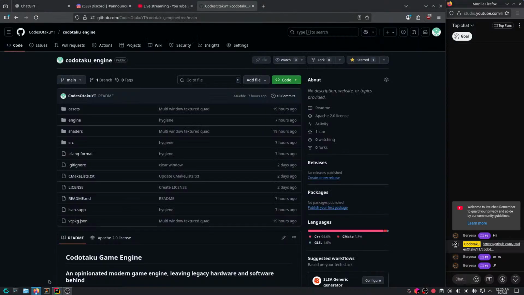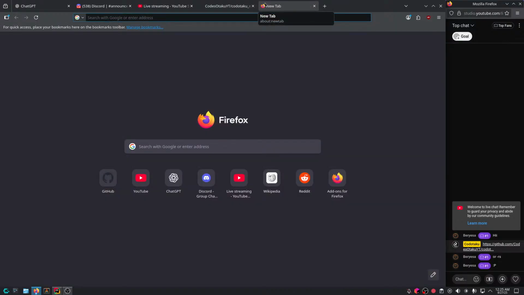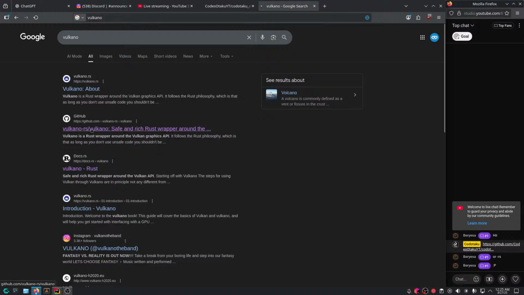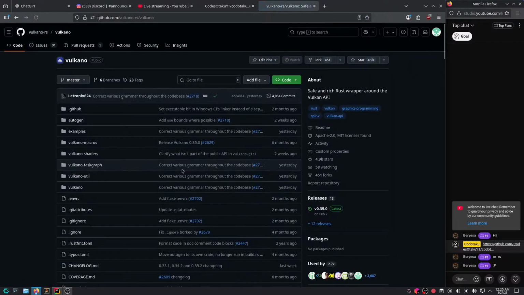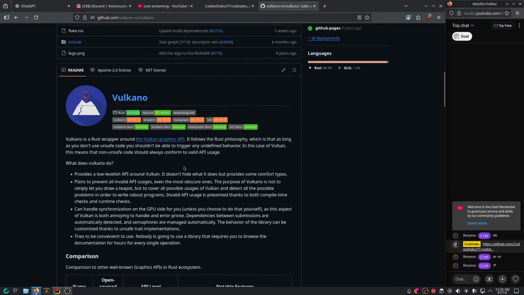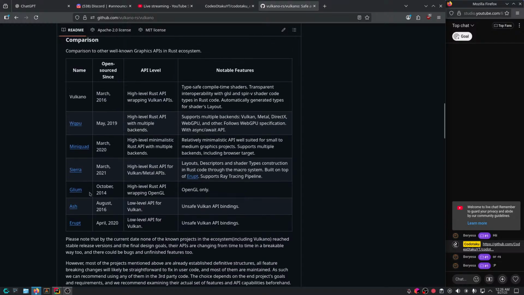So in Rust we have two kinds of options here. We could either use Vulkano, which is a safe wrapper around Vulkan in Rust, and we have Ash, which is the raw unsafe binding.